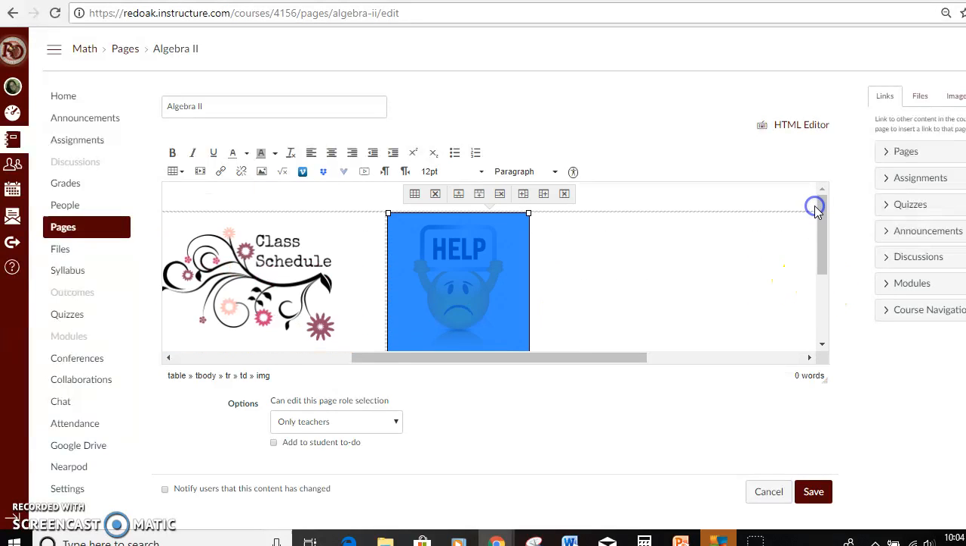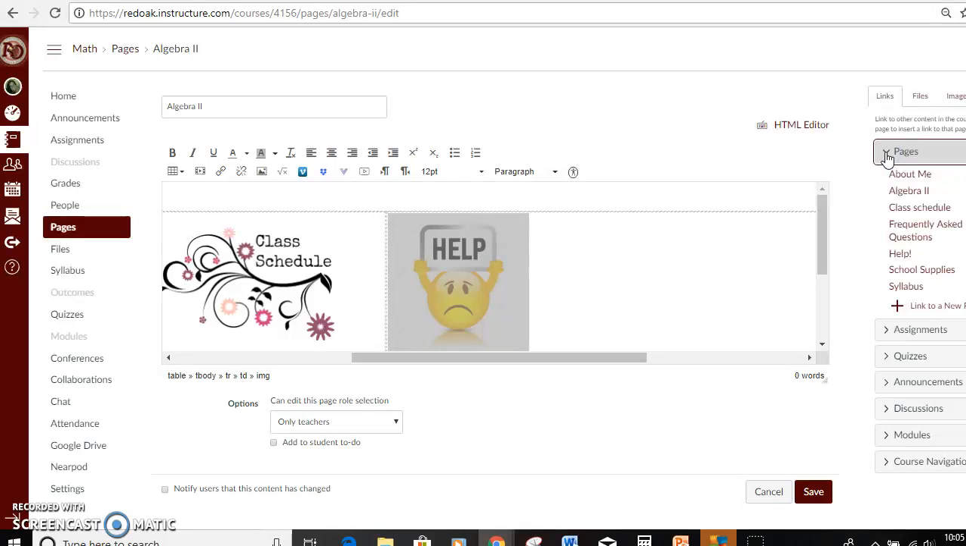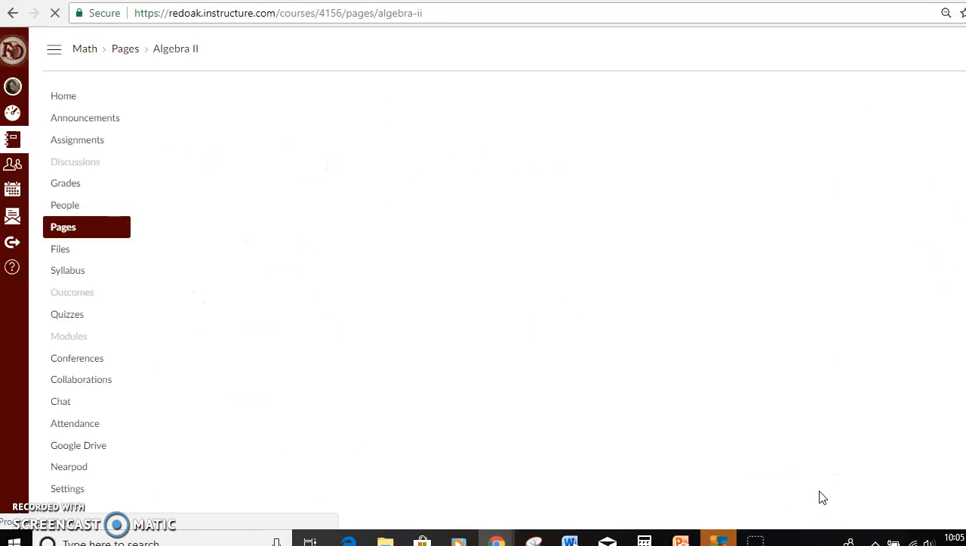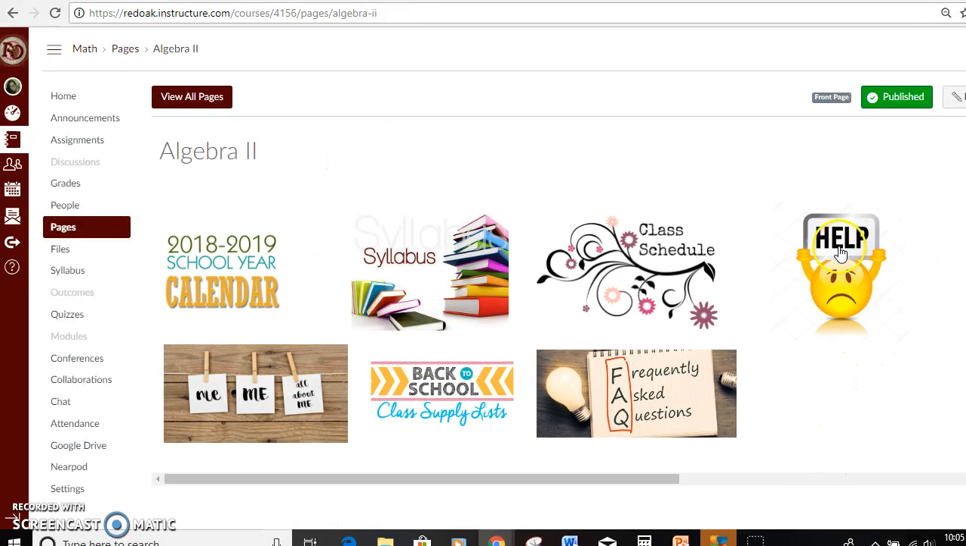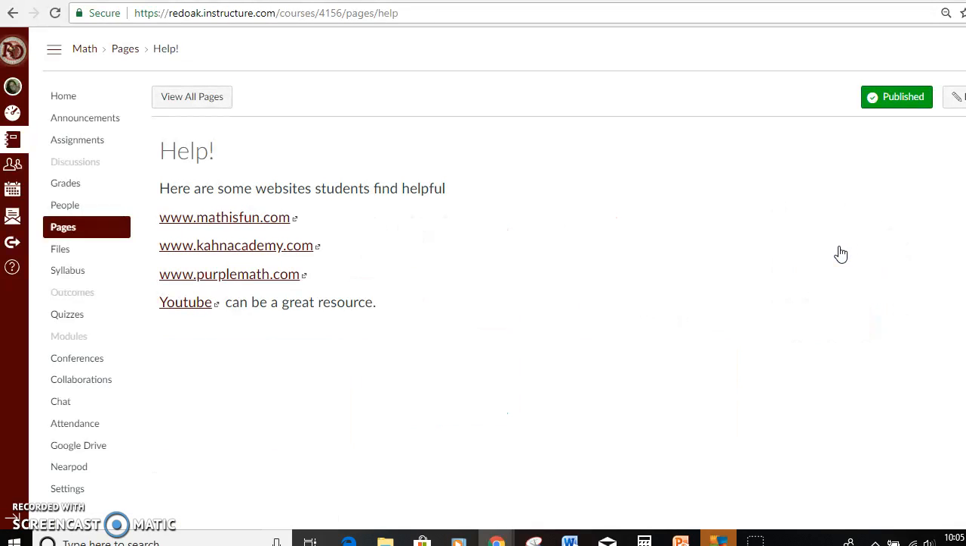But let's say you want to do that. And while this is highlighted, you want to go over here to where pages are. Scroll down and hit the help. And to see how it changed the color, that tells me that that link is now active. So I'm going to save this. And now when I click on this, it takes me to this help. So that's one last thing you can do. And then as far as linking your web page to